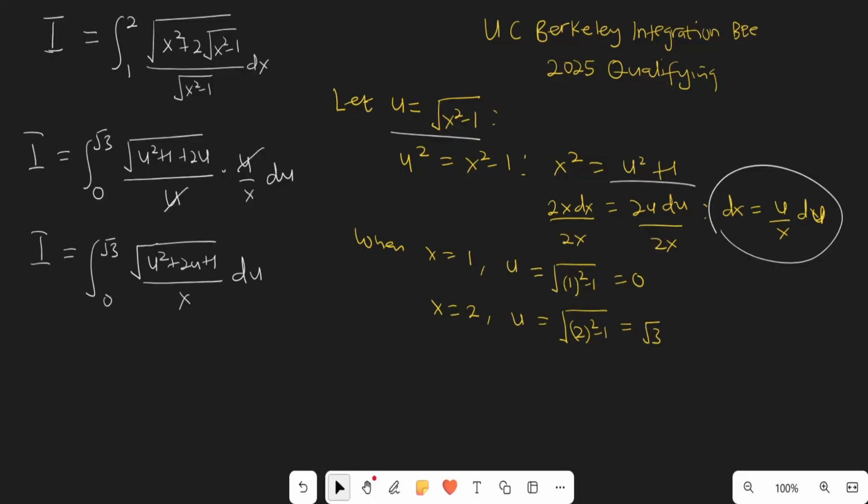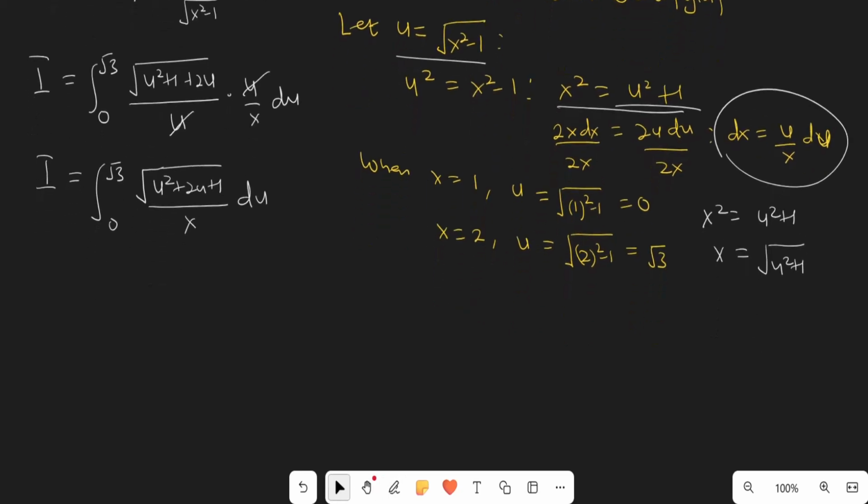But what is x in terms of u? We can find an expression for x in terms of u from here, right? If x squared is equal to u squared plus 1, then x is the square root of u squared plus 1. So we can replace that in our integral. I is going to be the integral from 0 to the square root of 3. The numerator, u squared plus 2u plus 1, can be written as u plus 1 all squared, all in a square root, divided by x, and x is the square root of u squared plus 1,